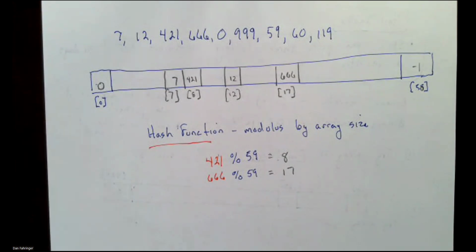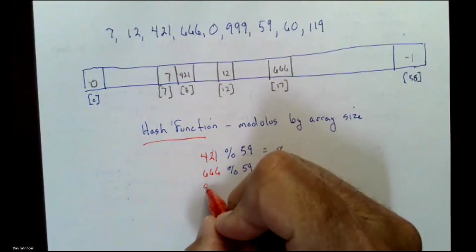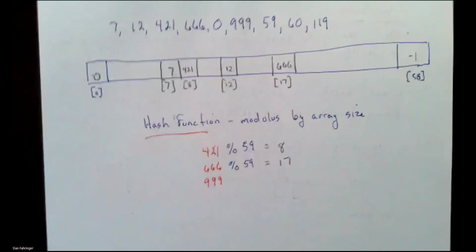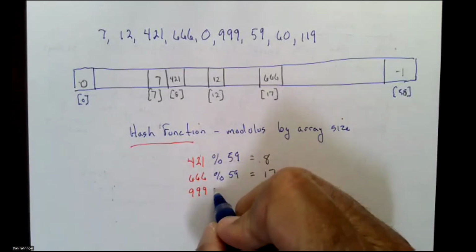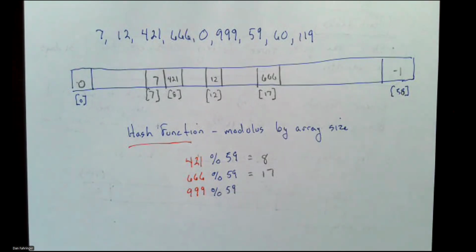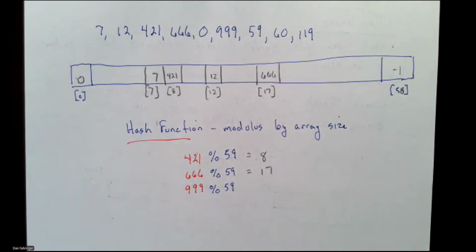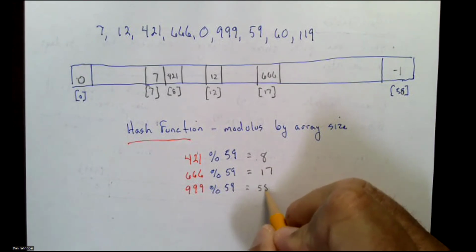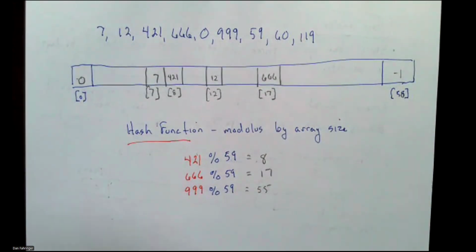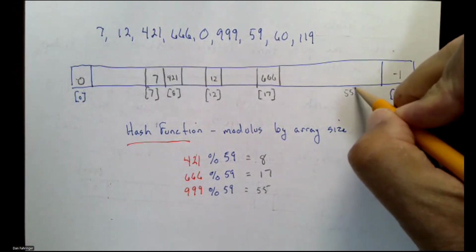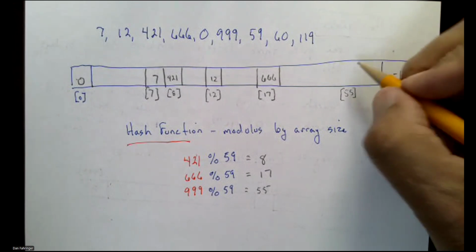My next number, who's picking these numbers? 999. You ought to be in pictures. I'm going to mod it by 59. 55. Glad you guys are good at this part. So I'm going to come out here. There's 58. I'm going to go to location 55. I'm going to store the number